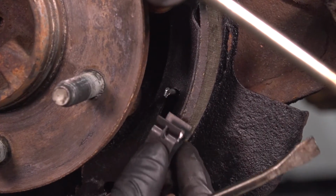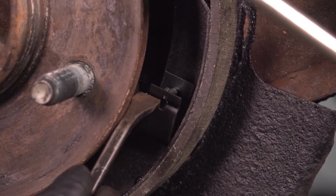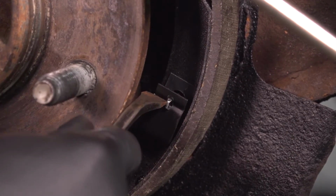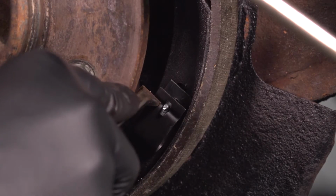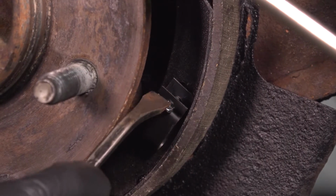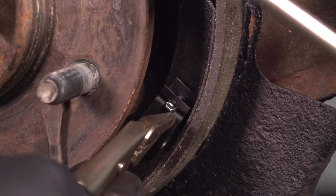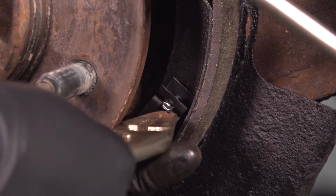while holding the pin from the back side, slide this locking clip over. I like to take a pry bar and line it up. Press it through. If you can spin the pin from the backside, go ahead. If not, you can grab it with some needle nose pliers, very gently twist it as you push this in,